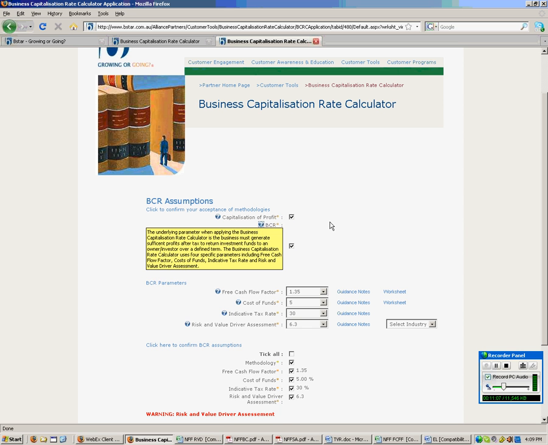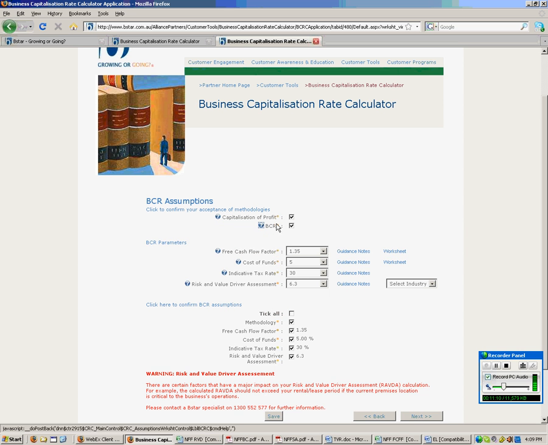Once these boxes have been selected, alliance partners then need to calculate the free cash flow factor, cost of funds, indicative tax rate, and risk and value driver assessment score. For each of these inputs, alliance partners can access guidance notes, worksheets, and help buttons to ensure accuracy of data and their assumptions. We are now going to have a look at the free cash flow factor and risk and value driver assessment